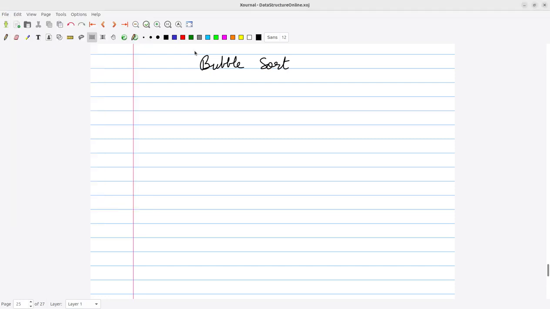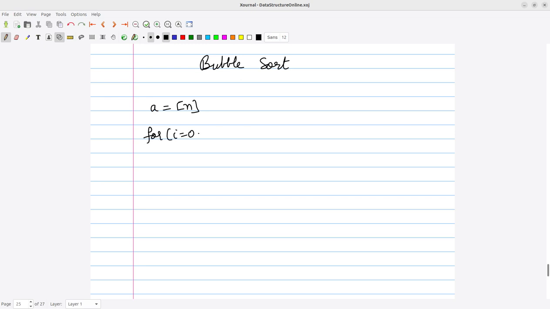Hello everyone. In this lecture series we'll be looking into sorting algorithms, and the first sorting algorithm that we'll look into is the bubble sort algorithm. Of the sorting algorithms, bubble sort is the simplest, and the pseudocode is given as: if you have an array A having n number of elements, then to sort this array the pseudocode is: